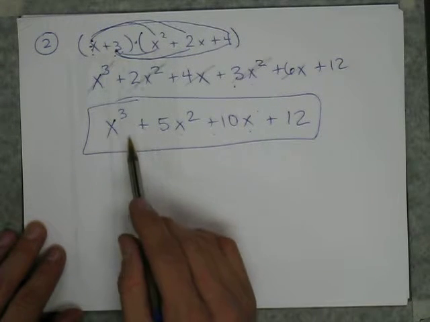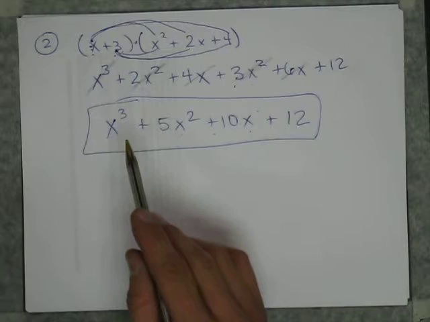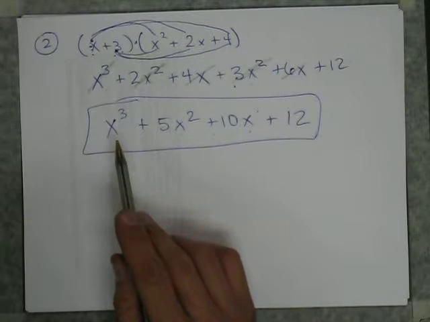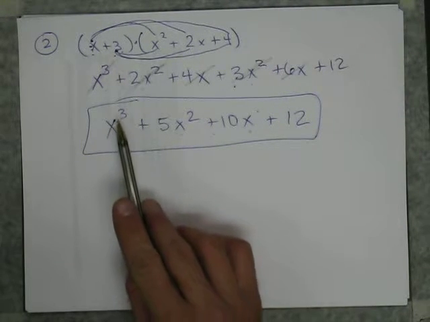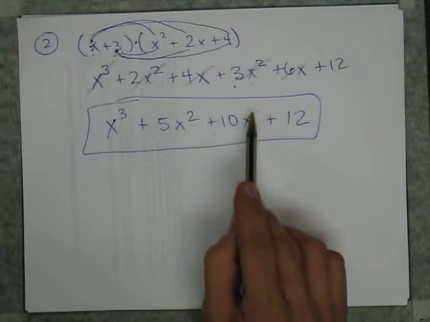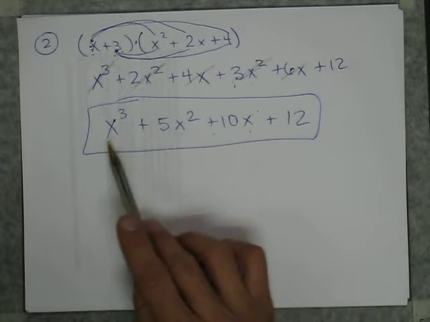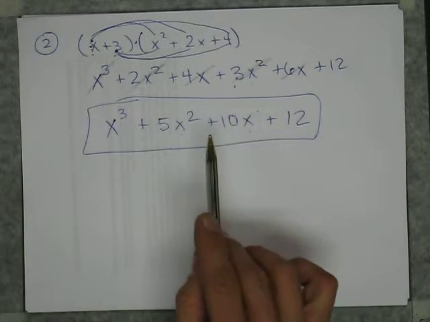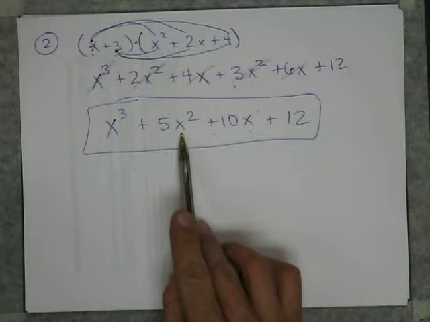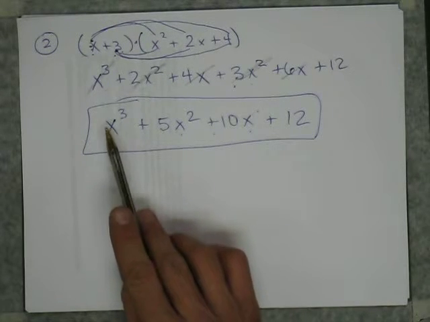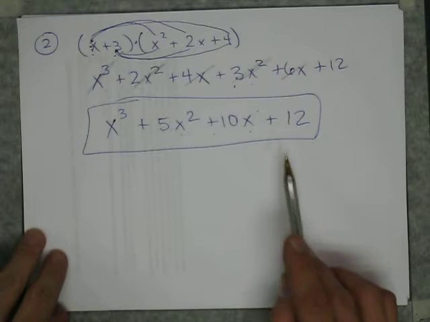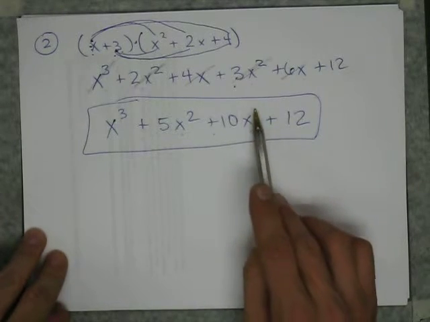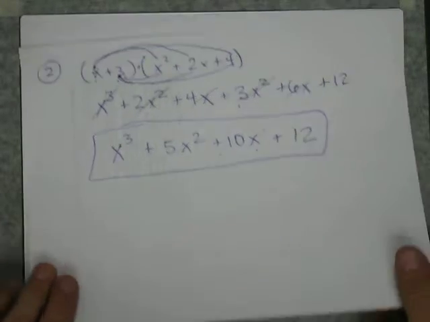Notice also, we'll talk about the descending order of x's. It's x cubed, x squared, x, no x's. That's descending order. Rather than having x squared first and then x cubed, you want descending order. So x cubed, x squared, x to the first, and then no x's. All right, now,